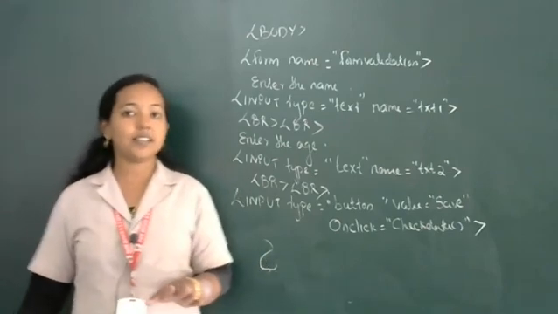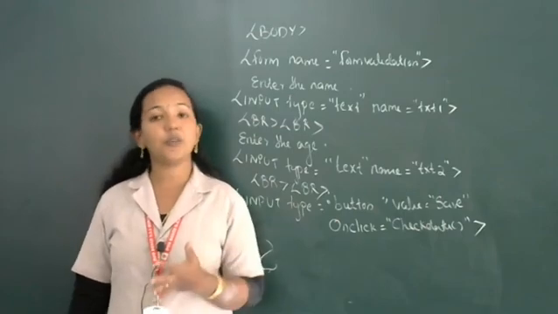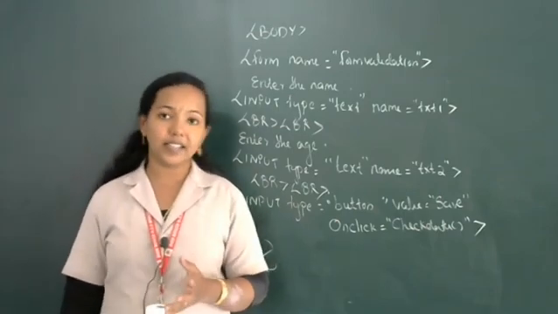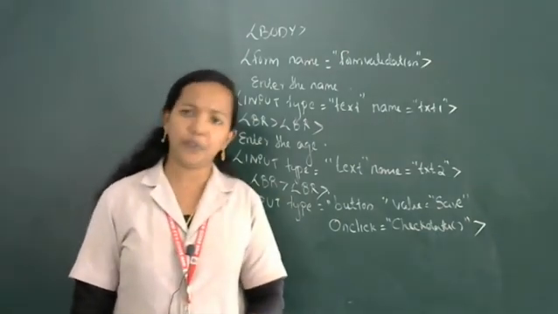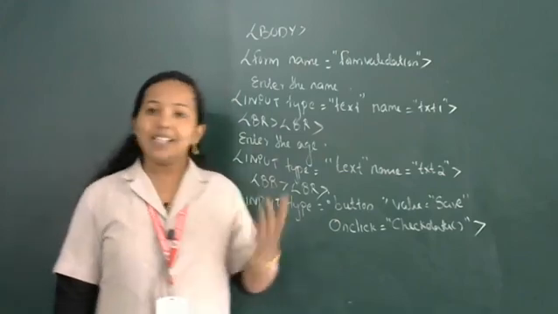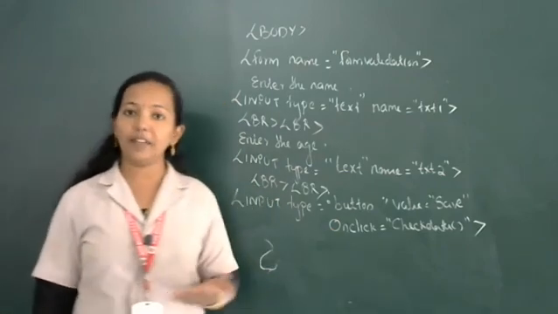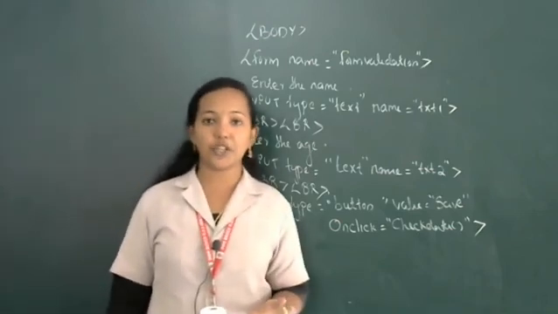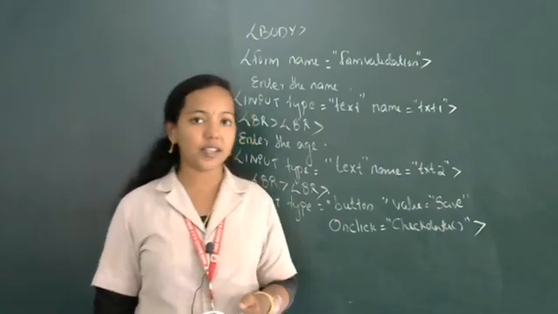Okay, I think it is clear for what purpose we are using JavaScript. JavaScript is normally used as a client-side scripting language. For validation, there is no special function available. Some built-in functions are available that we can make use of for performing validation. The isNaN function, then the length property also we can use to check the number of characters.